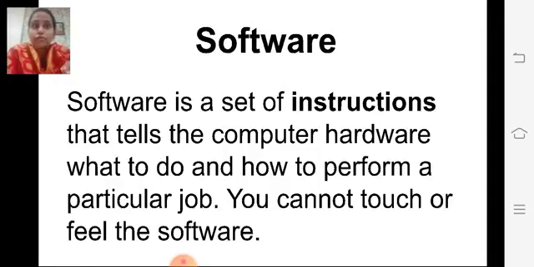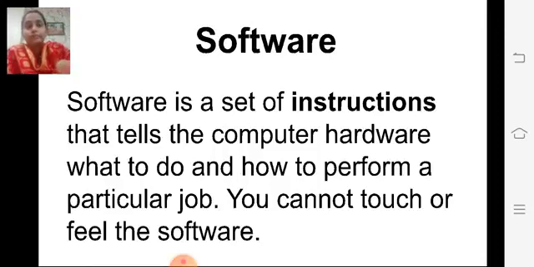Children, understood? So software is a set of instructions. And you cannot touch the software. Children, the main difference between hardware and software is you cannot touch the software and hardware you can touch. Understood children?